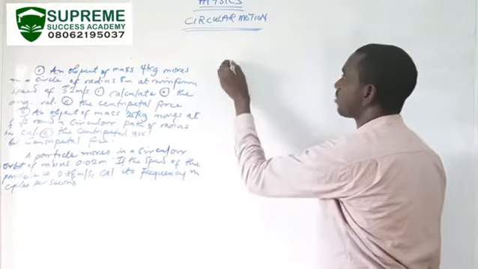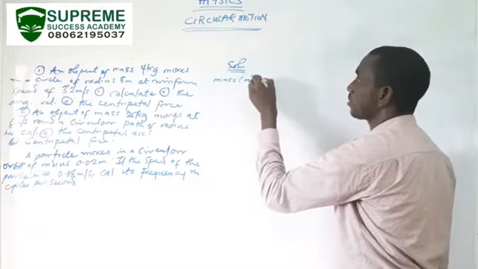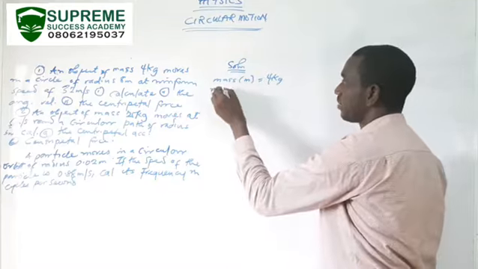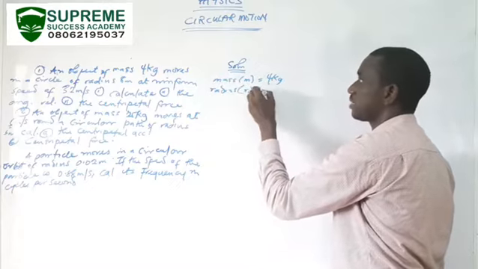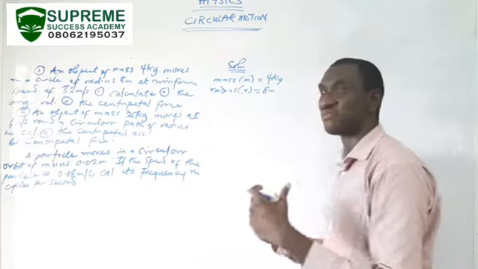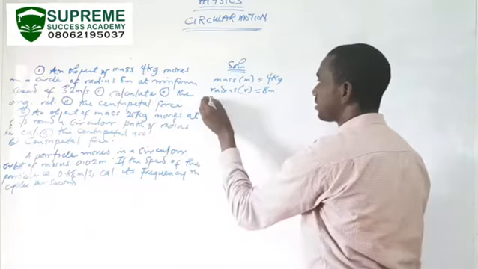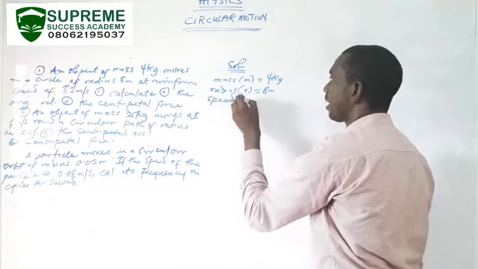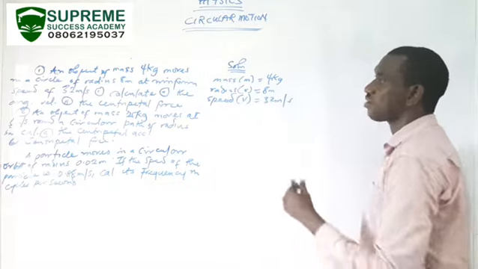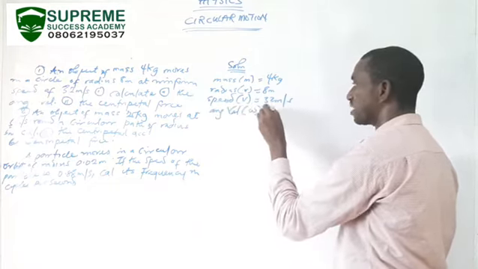An object of mass 4 kg, that's the solution. Mass, the symbol M, 4 kg, moves in a circle of radius 8 meters. Radius, that's R, 8 meters. We are reading and reasoning at the same time. Don't forget my 5R principle of solving questions. Then speed, that's V equals 32 meters per second. Calculate the angular velocity. Velocity, that's your omega, W.